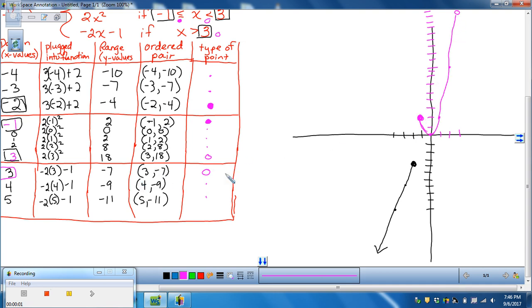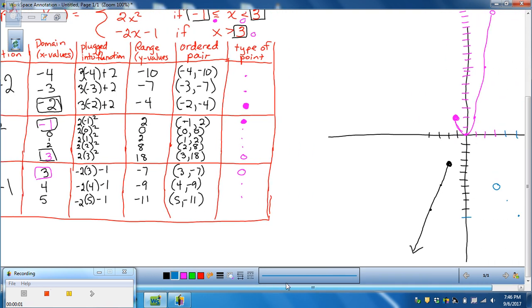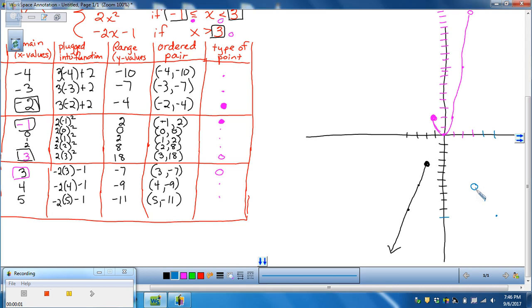Last one, we are graphing starting at the point (3, -7). Let's do it in blue. (3, -7) would be here. That is an open circle. So I put my open circle. (4, -9). There, and the last one, (5, -11). One more mark, and again this one was linear if you look at the original equation with the negative slope, so we see that it's going down,